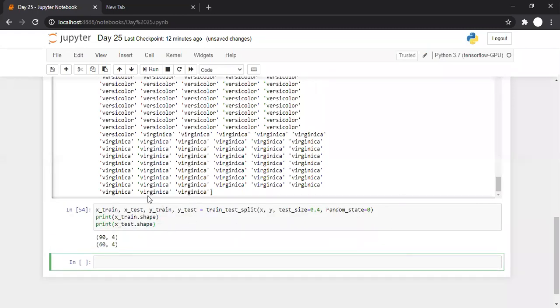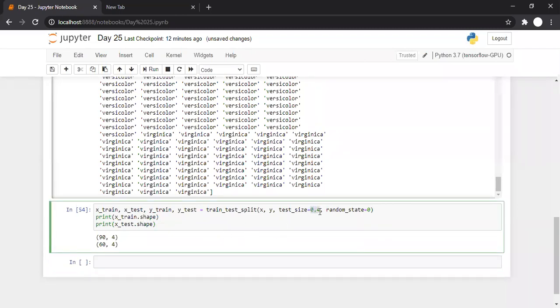Earlier there were a total of 150 records, and we are going for 40% for testing. 40% of 150 is 60. So 60 records will be used for testing or evaluating our classifier, and 90 records will be used for training our classifier. And the number of features during training and testing will remain the same, that is 4.